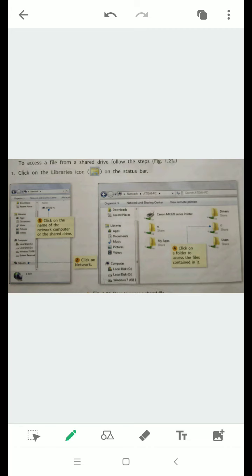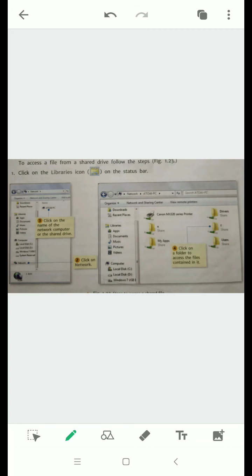The first step is to click on the libraries icon on the status bar. Status bar means the down part of the desktop. There you have to select the libraries icon. If you click on the libraries icon, you will get the different disk drives and folders in it. After clicking on the libraries icon, select the network option from the left pane.